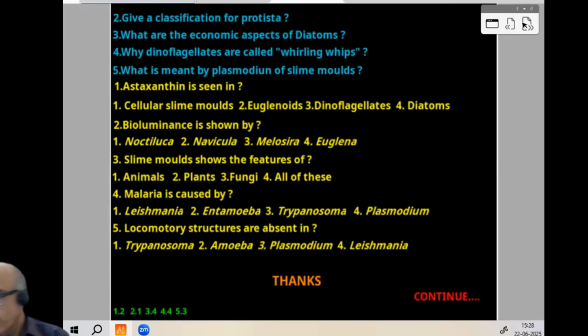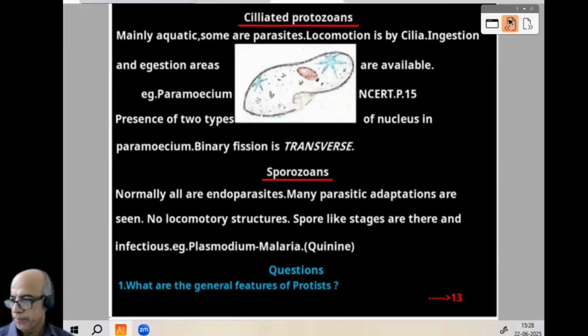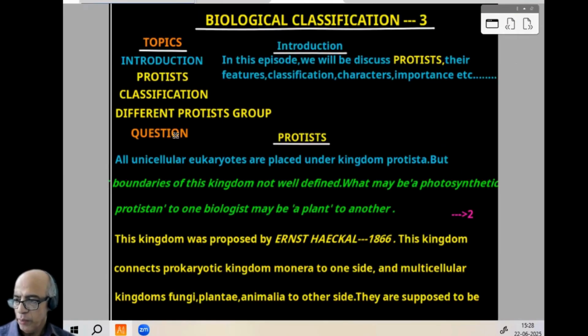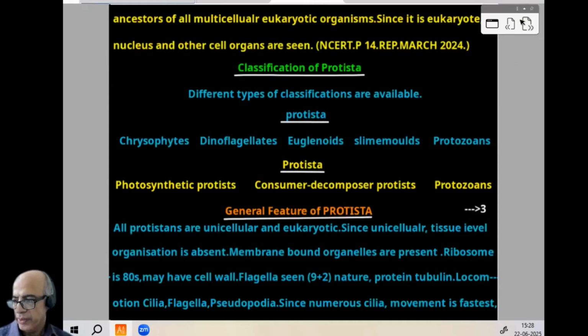So what all things did we learn in this episode? Bioclassification, episode number 3. An introduction was there. Then protist. The main content is protist here. The classification is from protist, introduced on the first page. Then their classification given. Then general characteristics of protista